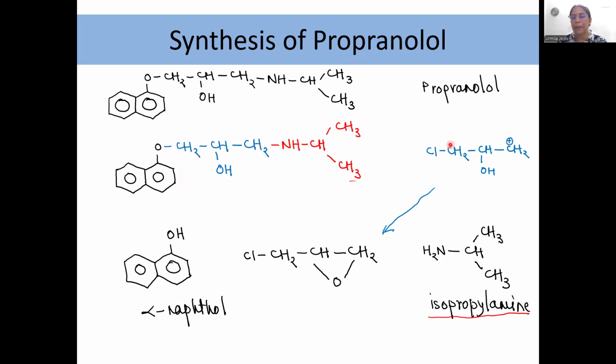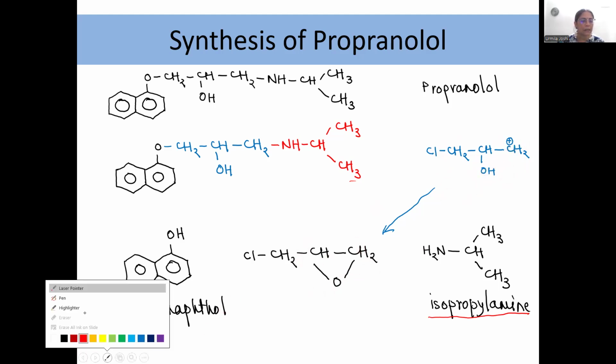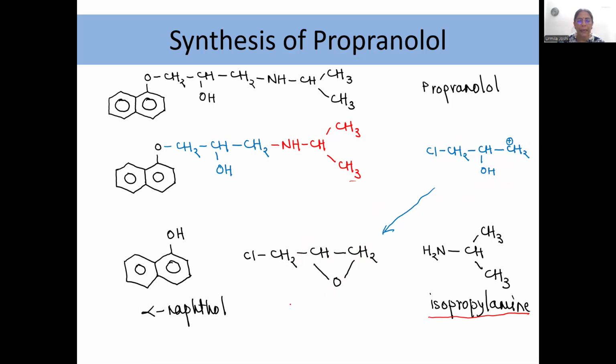Now this part, there will be two cations. One of them can be satisfied with Cl. Now look at this structure. If this structure exists, it will not exist in this form. It will exist in this form. Why? Because in this form, it has all the atoms with their octet complete. So it doesn't mind losing a proton and forming a structure. Now this structure is known as epichlorohydrin.